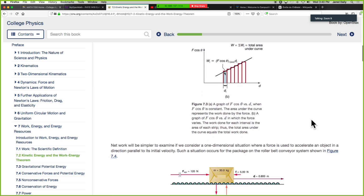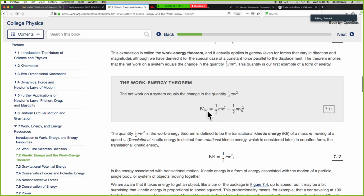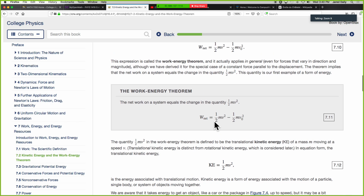We went through all this mathematics and everything else, and we discovered this 1/2 mv squared thing, which we called kinetic energy. An object that is moving, no matter how it's moving, has energy associated with that movement. Mass that is moving carries a type of energy with it. We call it kinetic energy, and it's calculated by taking 1/2 times the mass times the velocity of the object